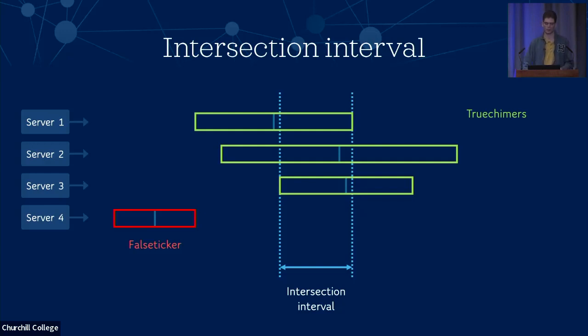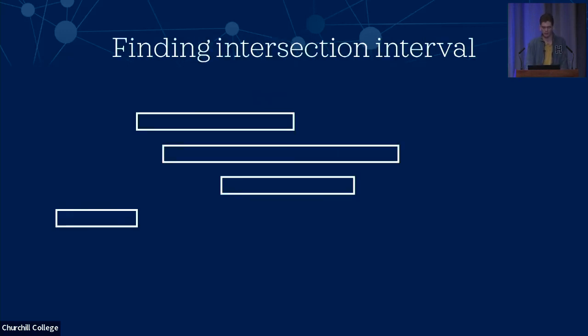And one thing to notice is that inside this top sample, the actual measured value, which is this line here, is actually outside of the intersection interval, but we still count it as a true chimer because the correctness interval as a whole overlaps the intersection interval, so the true value could be inside the intersection interval. So how do we actually find this interval given a set of correctness intervals where we want to find the